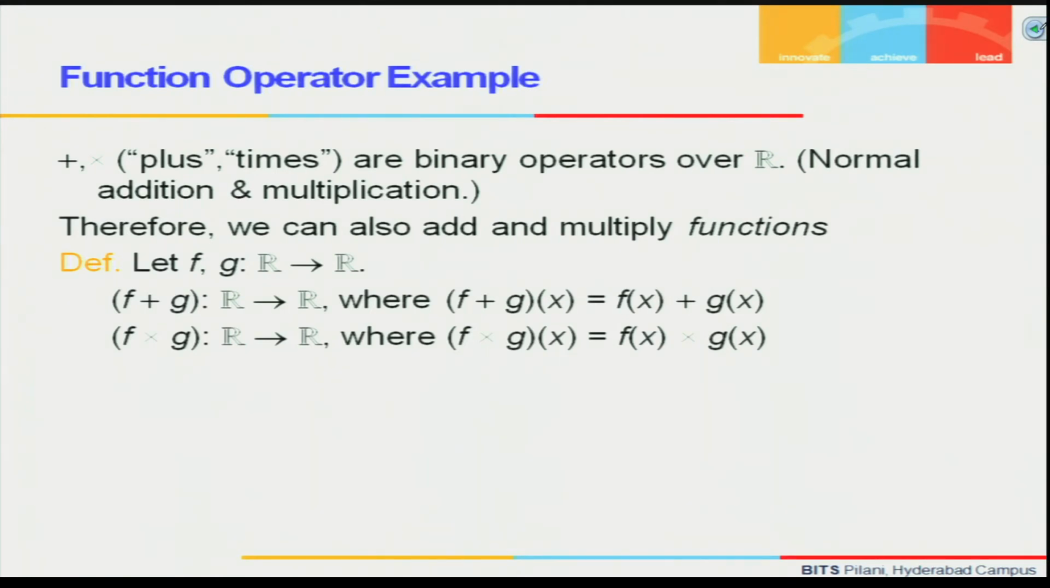We will take an example and see. We all know plus or multiplication, these are all binary operators over R, isn't it? You take two real numbers, this plus operates on those two real numbers and you get another real number, hence they are binary operators. Now what we are saying is, you take any two real valued functions f comma g,